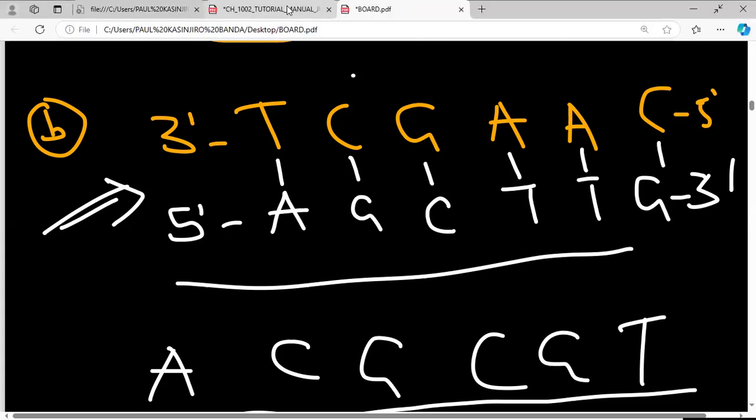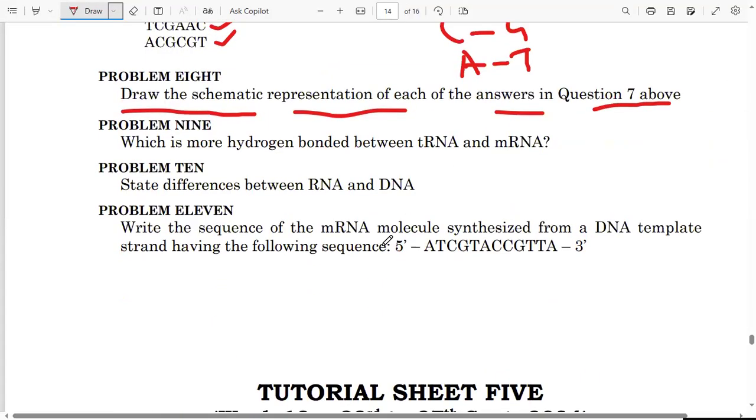Okay, and then what's the next question now? Okay, so here they're saying which is more hydrogen bonded? Which one is more hydrogen bonded between the tRNA and the mRNA? Okay, so the one that is more hydrogen bonded is the tRNA. So when you form that, what do you call it? I've forgotten it. Okay, so when you form the clover leaf of the tRNA, or they call it the